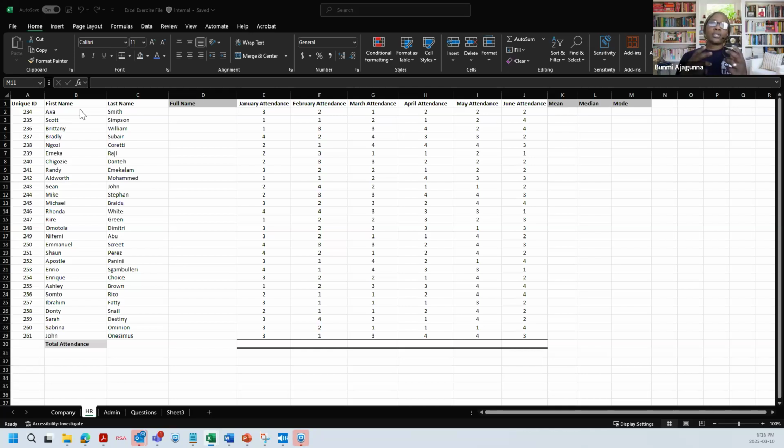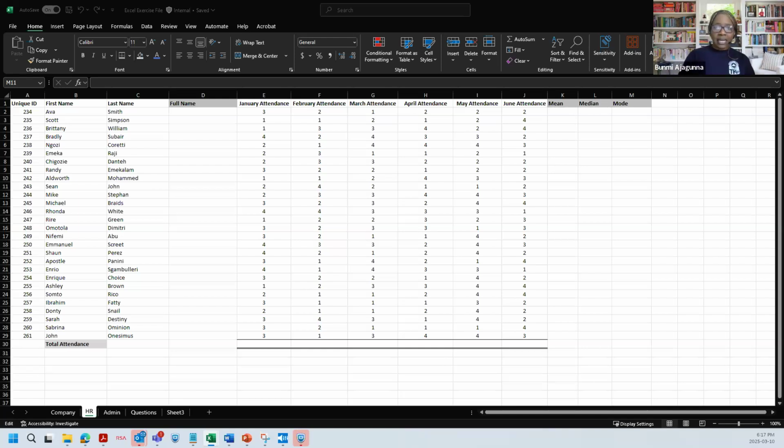And when we talk about mean, we're talking about the average. Mean pretty much means the average number of whatever distribution we're looking at. Now, because we have the names of the employees and we have their attendance, what we now want to get is the average attendance by employee. And the question is, how do we do that? How do we get the average attendance by employee using a formula? Generally, in our math class, when we were in high school or middle school, we would have calculated the average by the sum of all the numbers divided by the number of all the numbers.